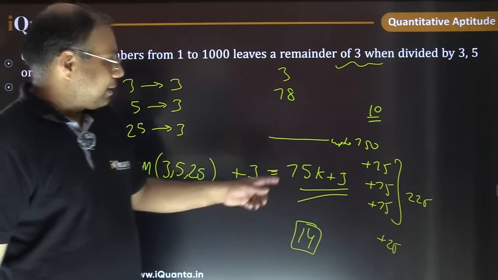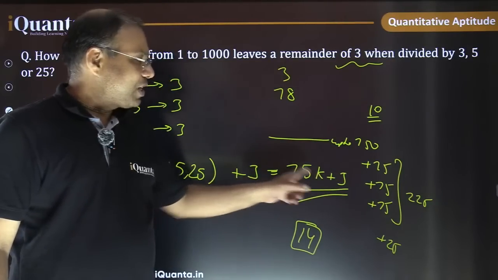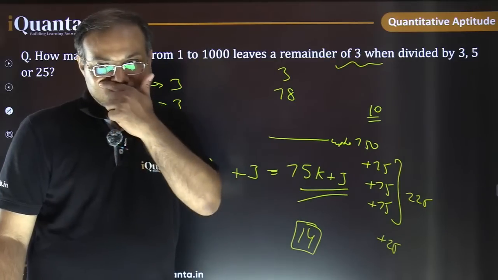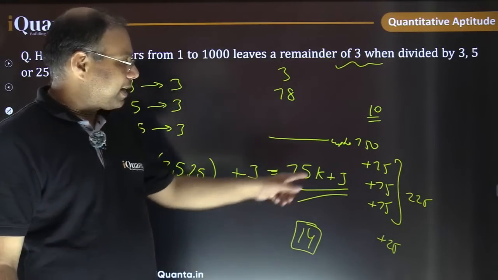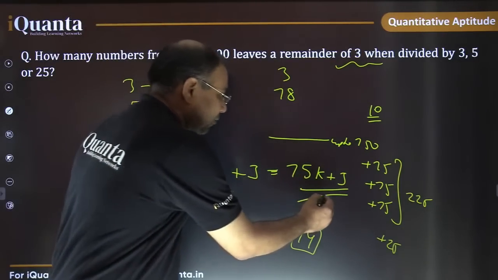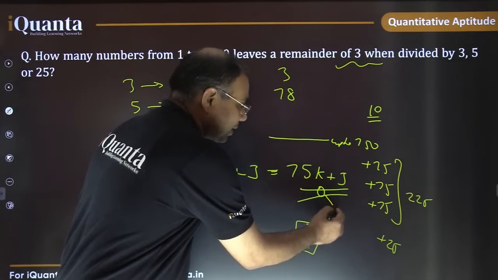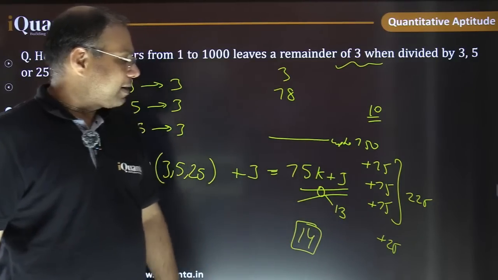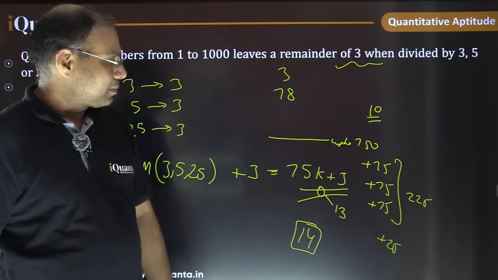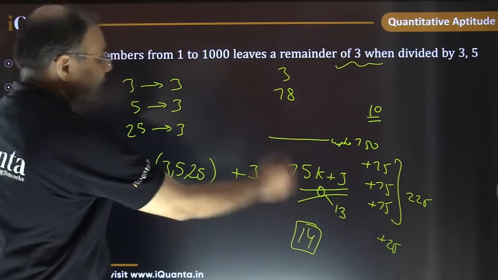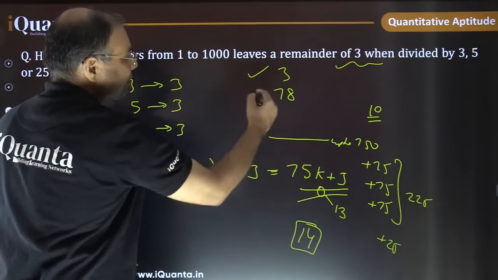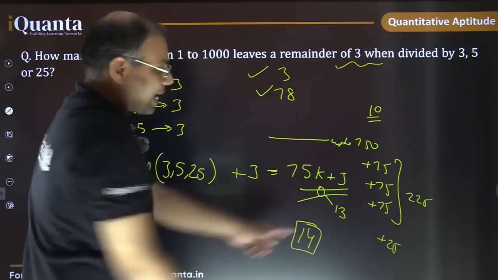See, my number is 75k plus 3, right? So here you can put the value of k starting from 0 up to 13. You can check 75 into 13 कितना बनेगा? Check. If I put k equals to 0, that number would be 3. This is the first number. If I put k equals to 1, number is 78. And so on. If I put k equals to 13,